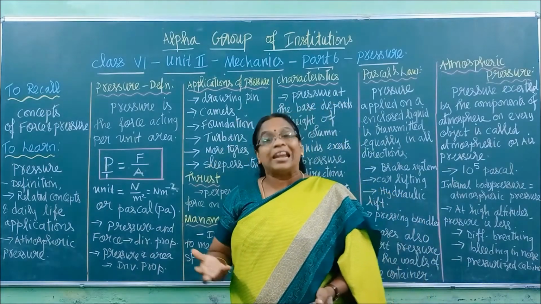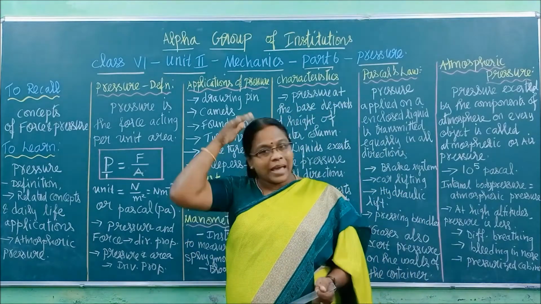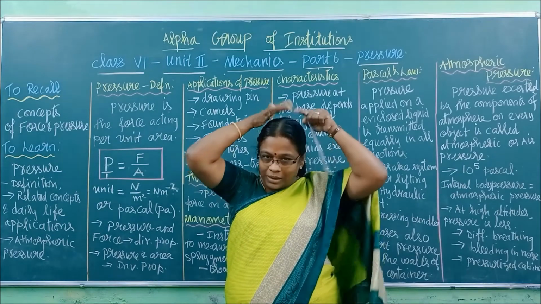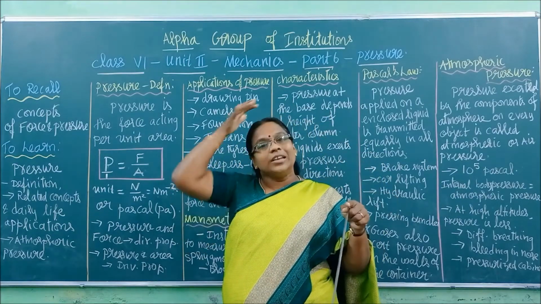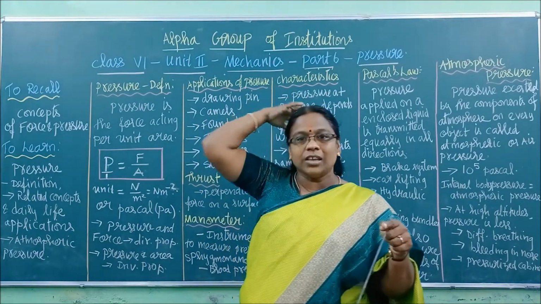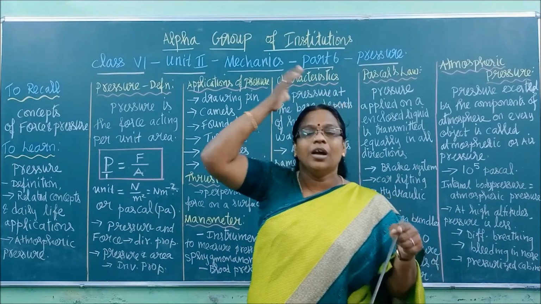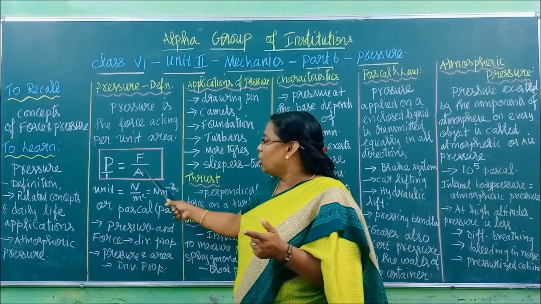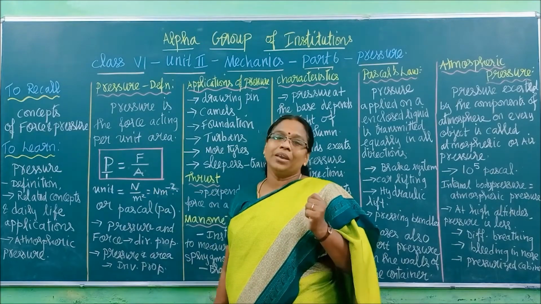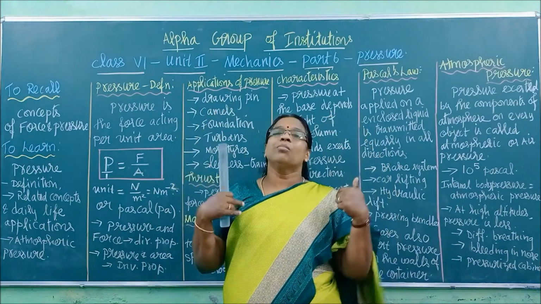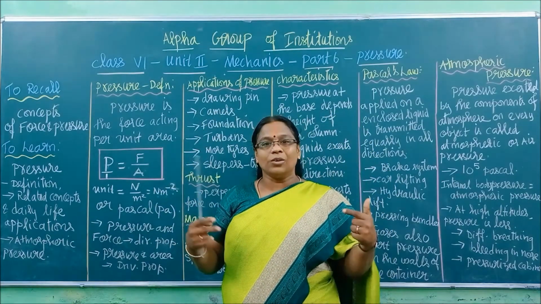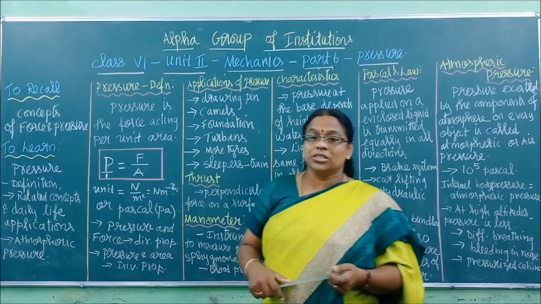And it is not flat too. We don't have a flat head, so it is like a curved surface. So instead, if the area of contact is increased by keeping a turban over it, as the area is more, what will be reduced? Pressure will be reduced. So the pressure on the porter's body will be reduced if they wear turbans.